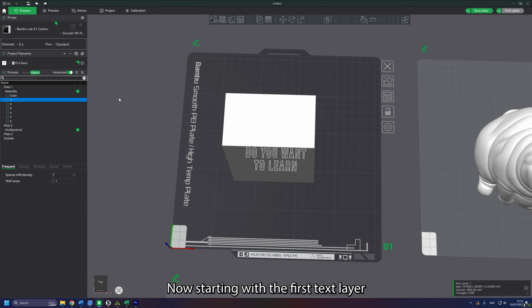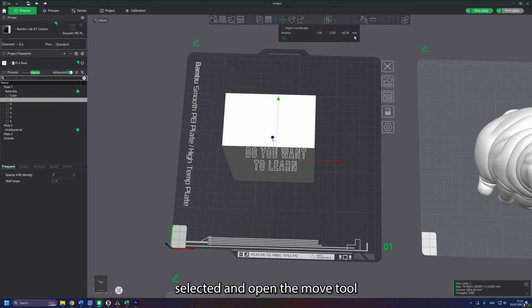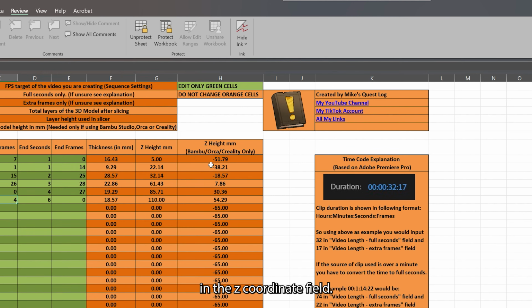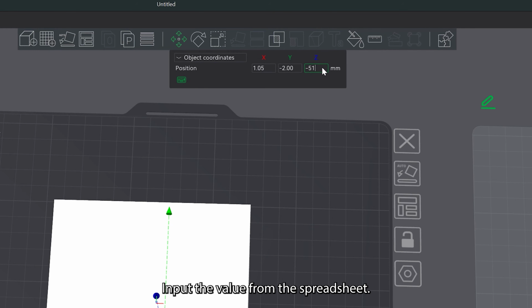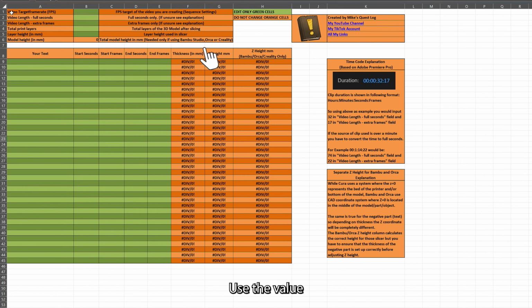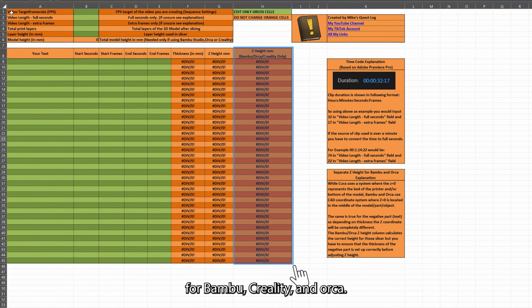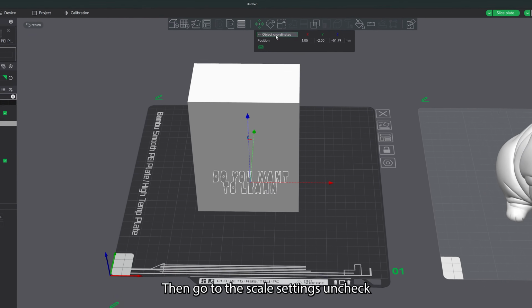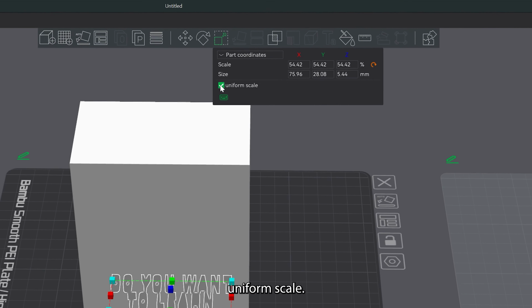Now starting with the first text layer. Select it and open the Move tool. In the Z coordinate field, input the value from the spreadsheet. Use the value from the left column for Cura and the values from the right column for Bambu, Creality and Orca. Then go to the scale settings, uncheck uniform scale,